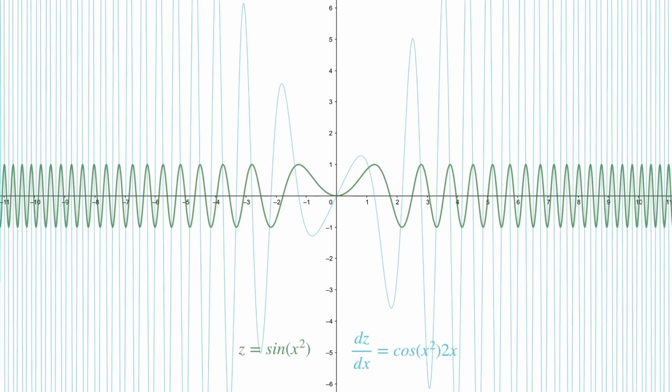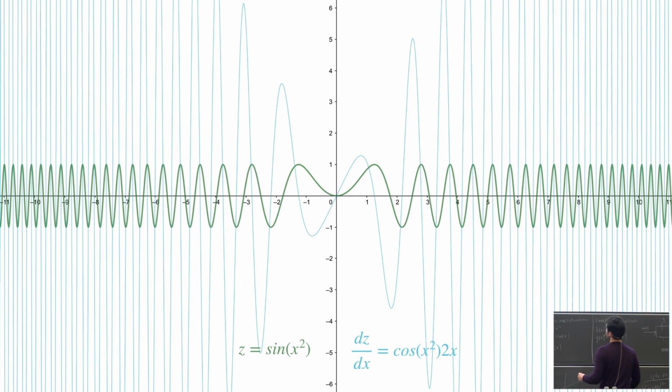And here you can see these two functions intertwined. The green one is the input and the blue one is the output. I want you to now see the relation between the blue curve and the green curve. The interesting thing is, when the green curve reaches its minimal or maximal states, you can see that the blue curve indicates something.